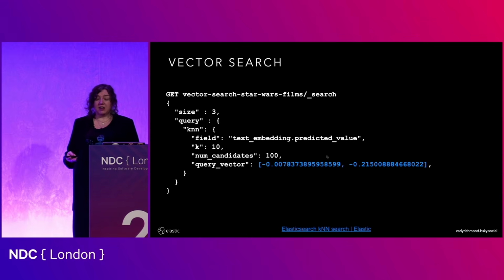So when we're searching for vectors, you can see from this example here, we specify the field where the vector is, the vectors that have been generated. You're going to specify k, which is your number of candidates. One of the things specific to Elasticsearch is number of candidates. That's the number of documents you will compare in each shard against the query vector that's come in. And then, of course, you do need the query vector, otherwise you're not comparing anything.